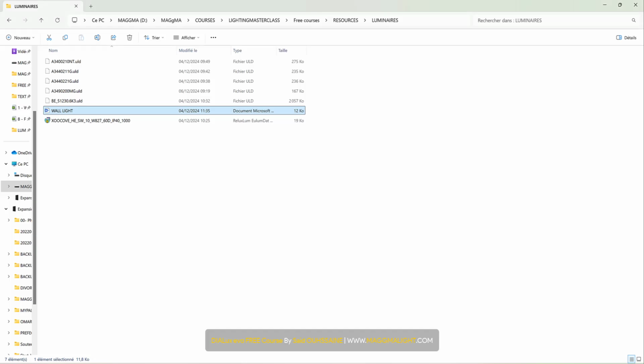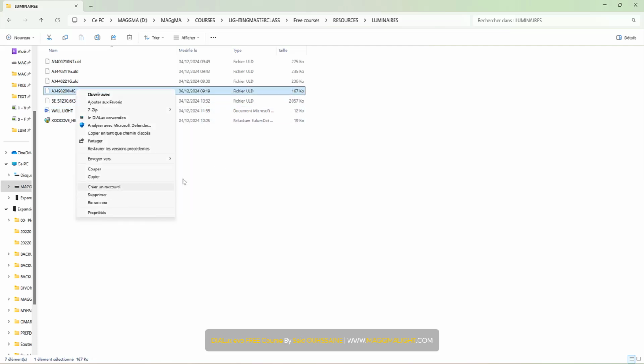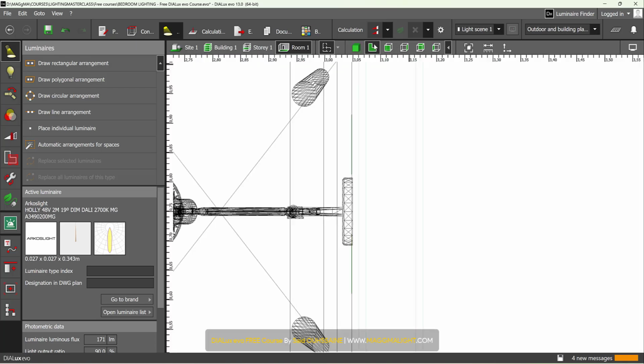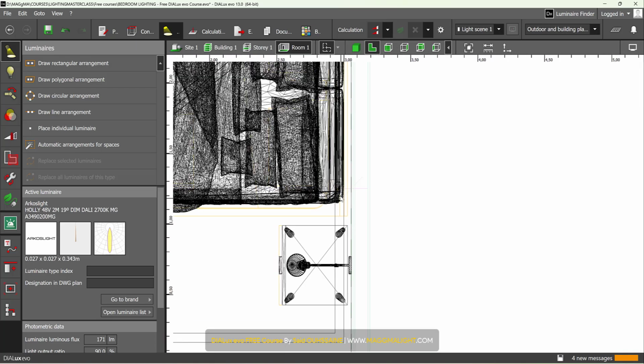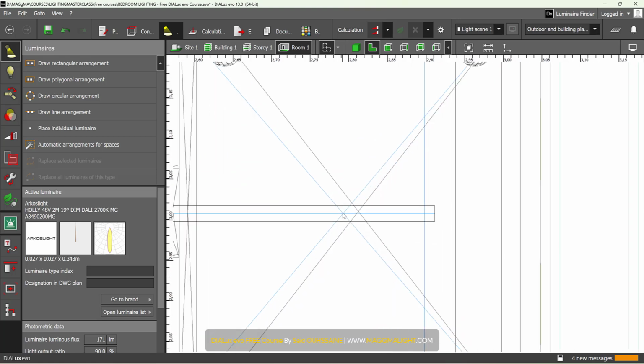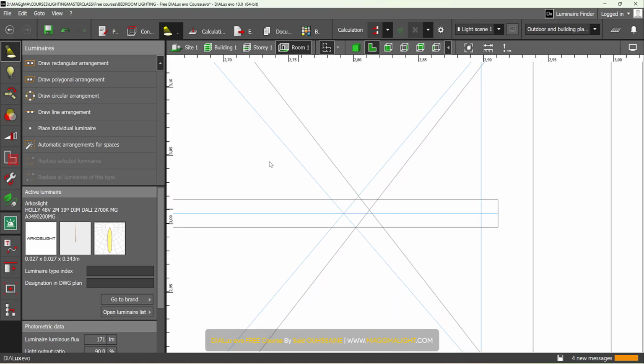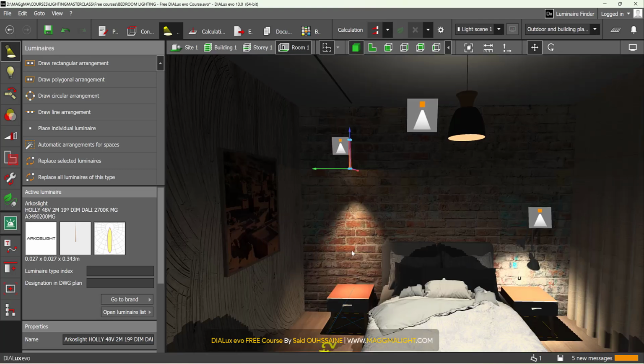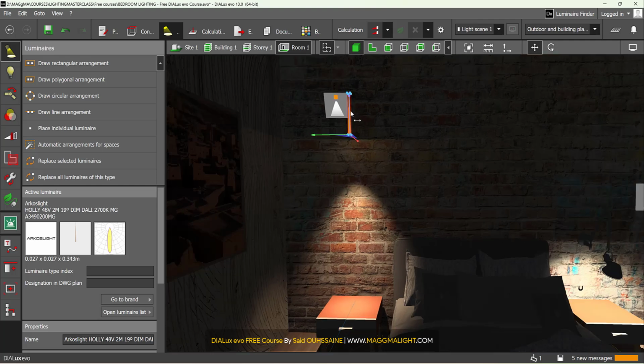To do so, I will go again to luminaires. I will right click on this one. I will go to more options in DIALux Verwenden. It's here. I will now go to here, the middle, the two lines we have drawn before. I will drag and drop it here. Then I will move it to the middle of these lines until it snaps to the middle, and that's good. I should move it down,